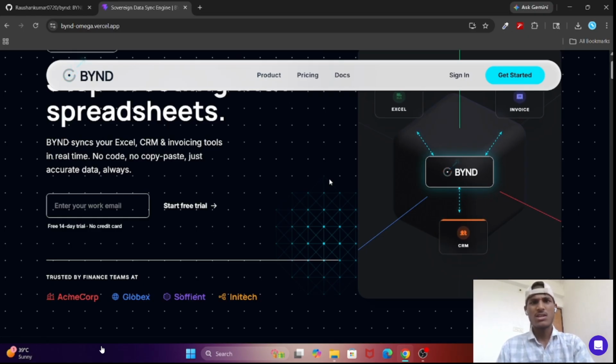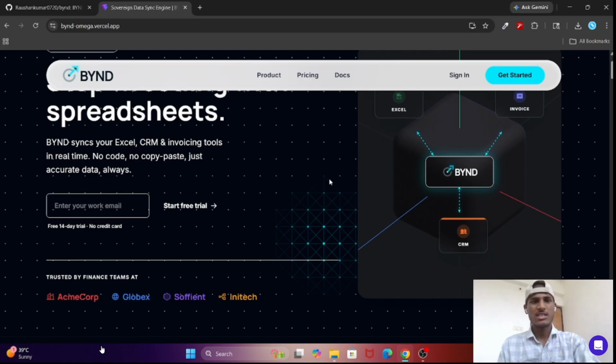This leads to manual copy paste and inconsistent records. Because data is transferred manually between Excel sheets and CRM, and CRM and invoicing tools, unidirectionally or bidirectionally, there is more chance of creating errors. This leads to frequent manual errors.